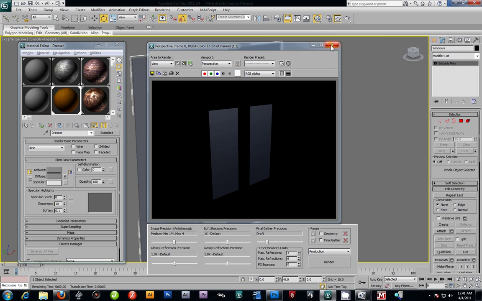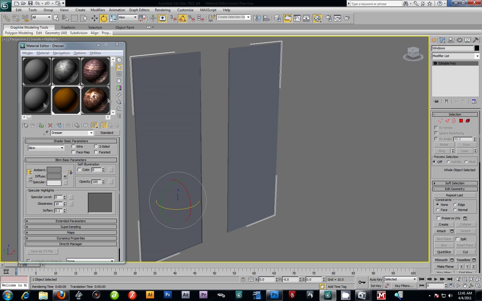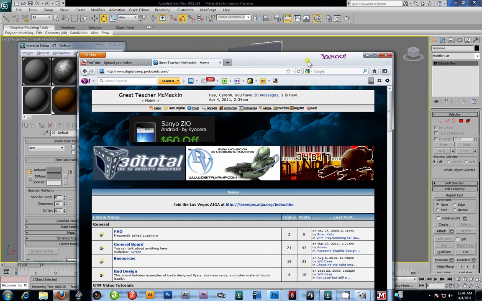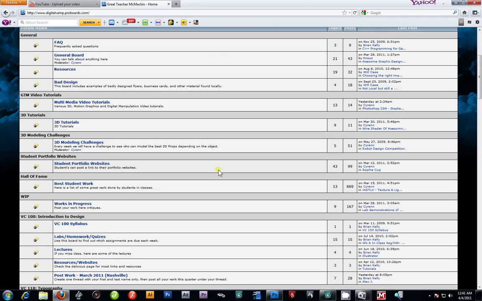So I'm going to open up a ray trace material that has glass shaders. Now you can find these shaders at digitalvamp.com, and let me launch that up. Let's move this over here a bit. Now if you go down to